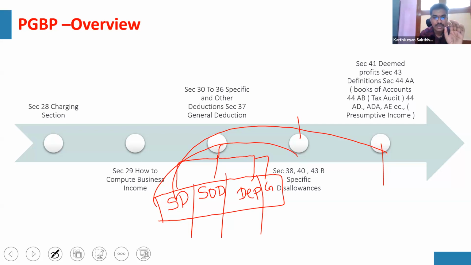For examination, I accept you should spend some time, but once you spend the initial time, there cannot be a chapter as good as PGBP. So enjoy the chapter. I understand there is an exam, but if you are going to miss certain things just for the sake of marks, that is not going to work. This is a chapter in which every one of us should enjoy the beauty, because this chapter is ultimately beautiful. This chapter and capital gains are very, very beautiful chapters. So coming back to our discussion.